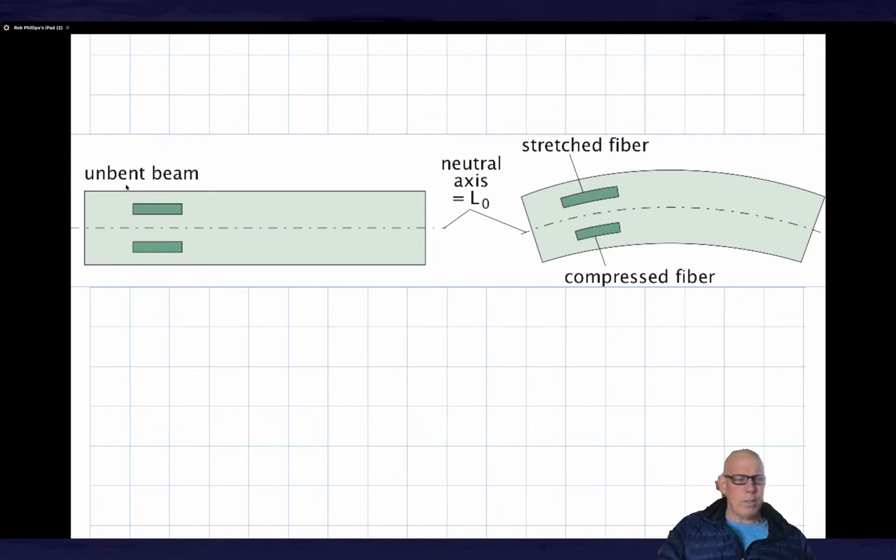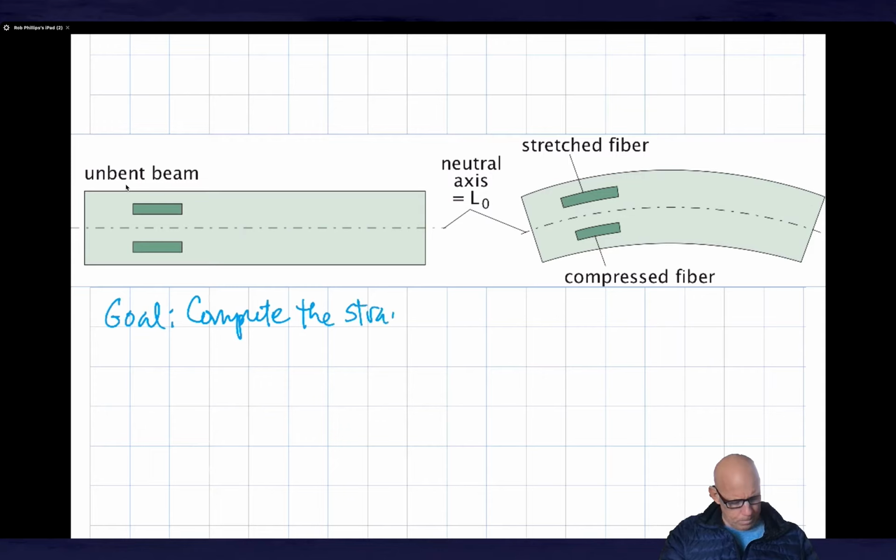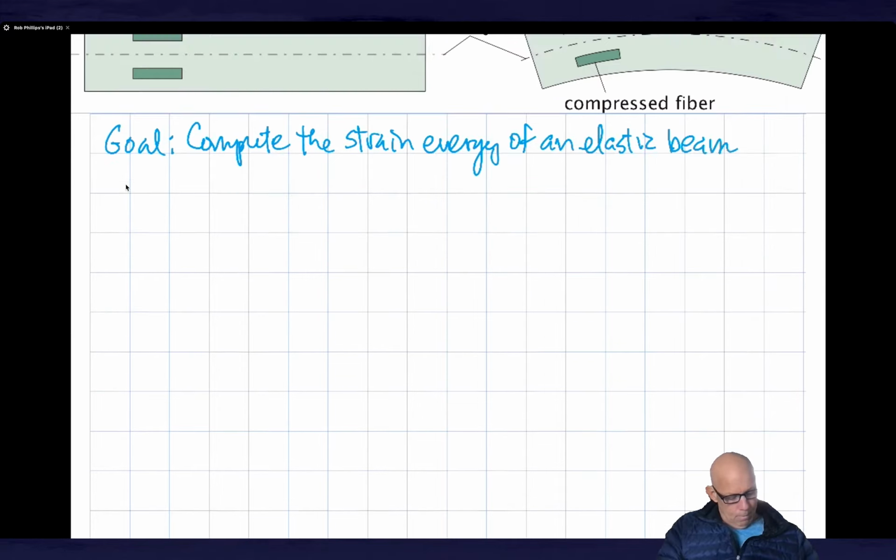So now we're ready to actually get to work. So the goal here is to compute the strain energy of an elastic beam. And just to foreshadow why I would care about such a thing, let me show you